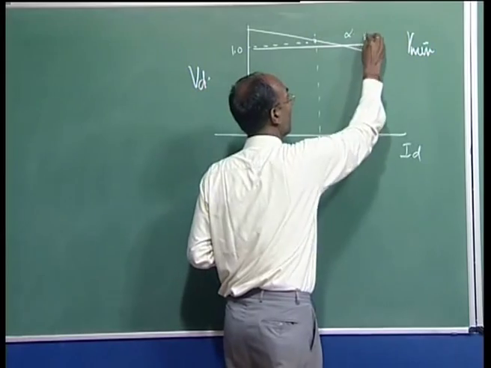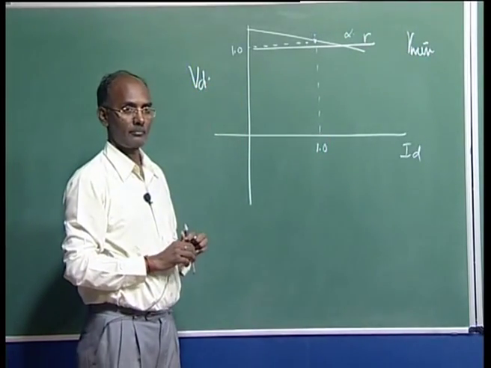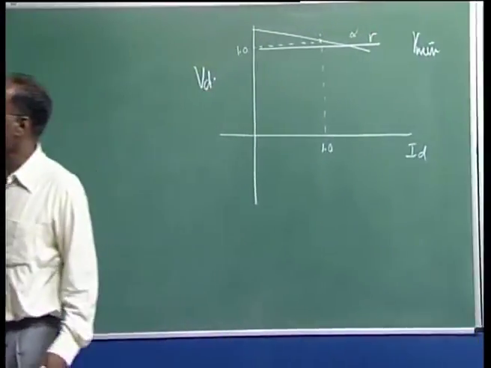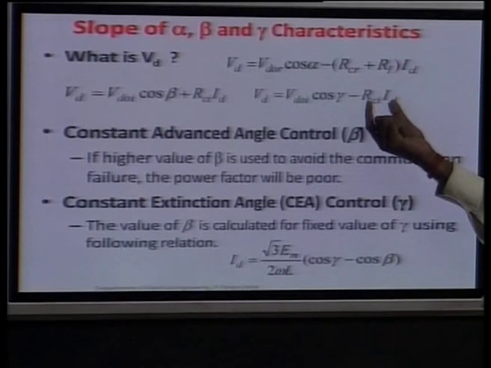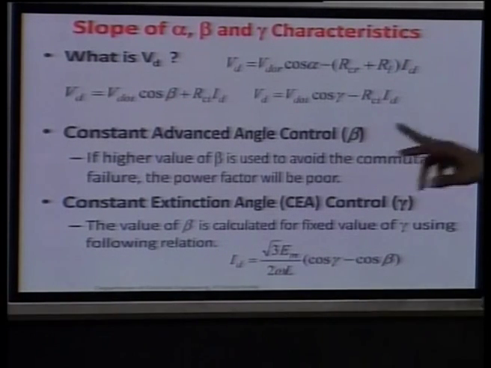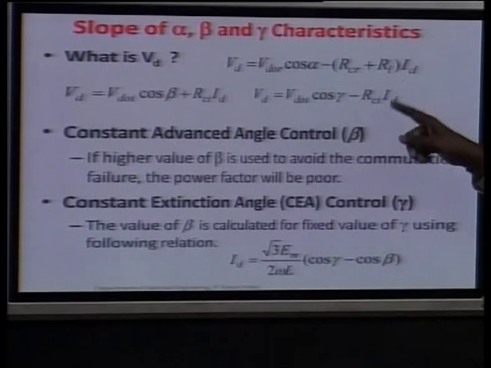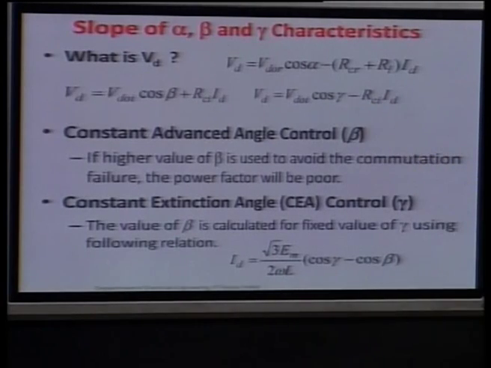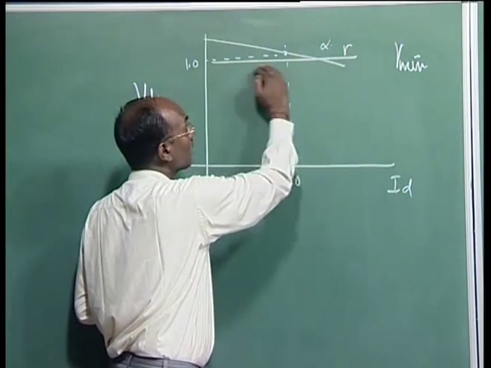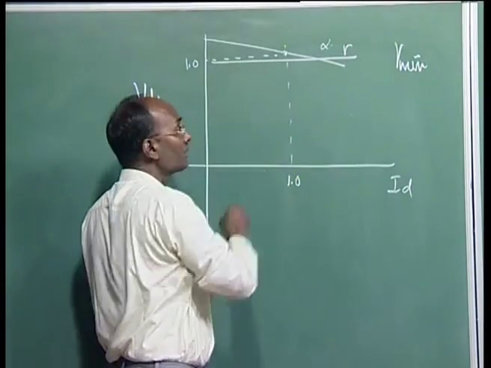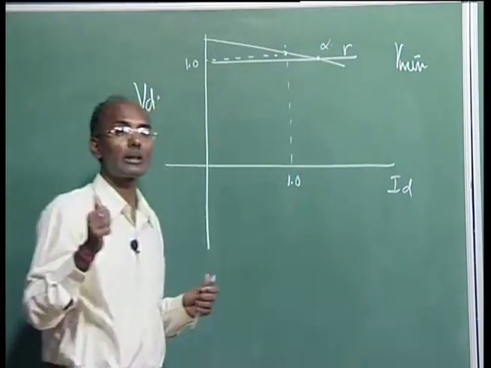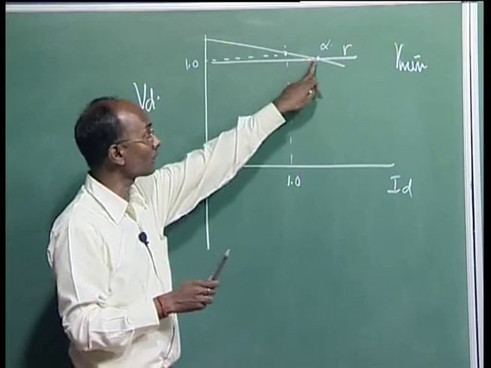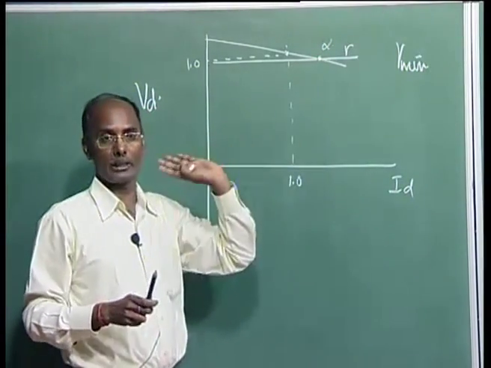This is your gamma. Because this is more slope, because here we are adding RCR plus RL, and this slope is a minus because we are taking the opposite of the inverter. So this is a minus term appearing. So this slope is more because this is the slope of ID. So more slope is there, here is less slope. So you can see this is more negative slope here, here it is less negative. Means the intersection of these two is basically your rated current which is flowing in the circuit. In this circuit, this is the VD, and the intersection will be your ID.